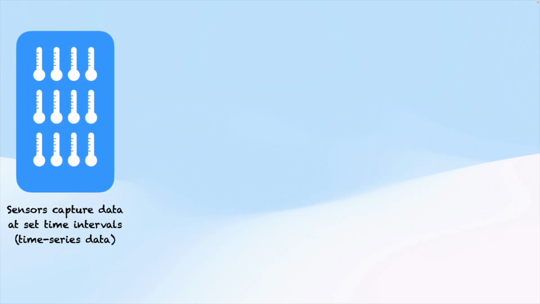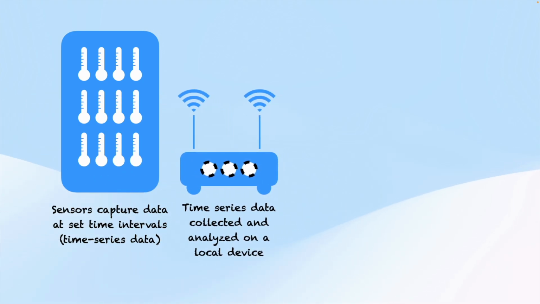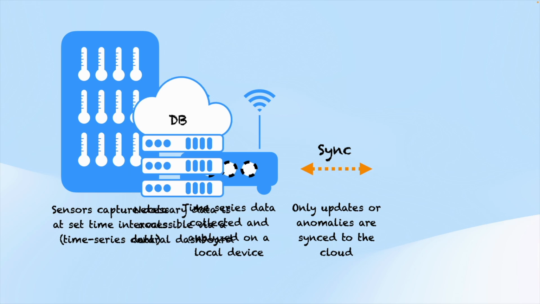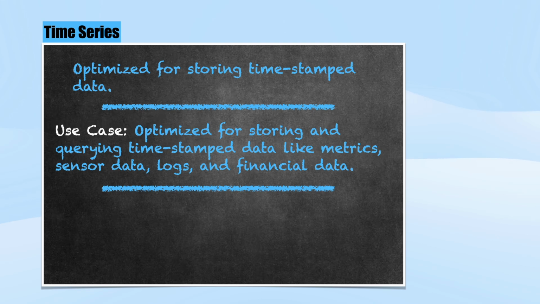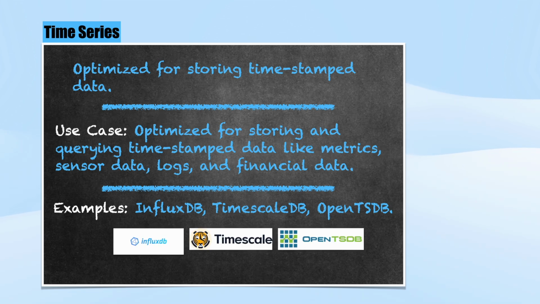Imagine you're tracking sensor data from an IoT device. For instance, every minute this device sends data like temperature and humidity, along with a timestamp. A time series database allows you to store this data efficiently and query it in a way optimized for time-based analysis, such as finding trends and aggregating data over specific time periods. Some of the most popular time series databases are InfluxDB, TimescaleDB, and OpenTSDB. These databases are specifically built to handle large amounts of timestamped data, making it easy to store, query, and analyze